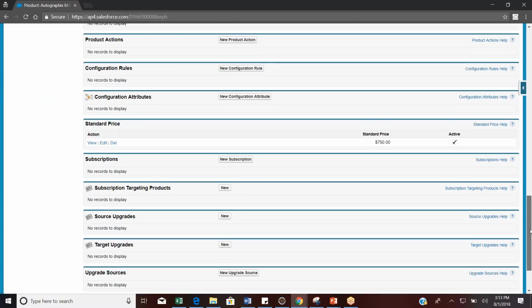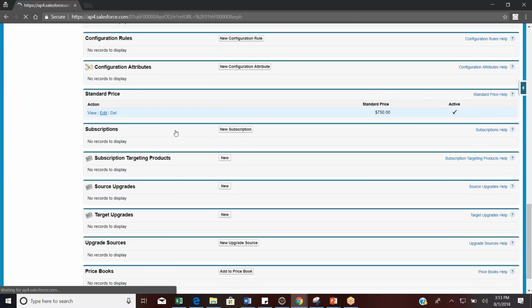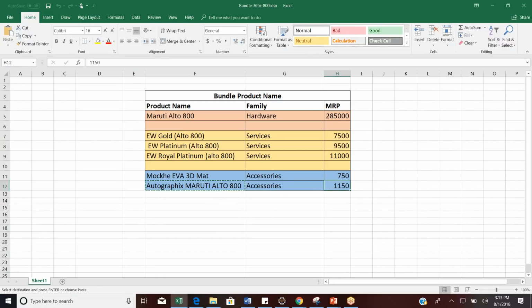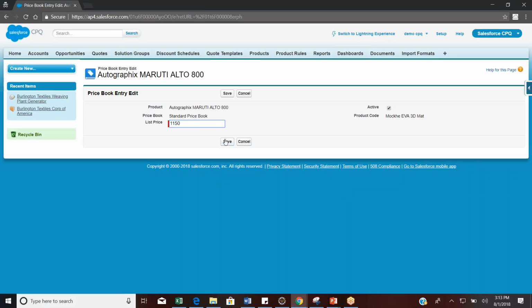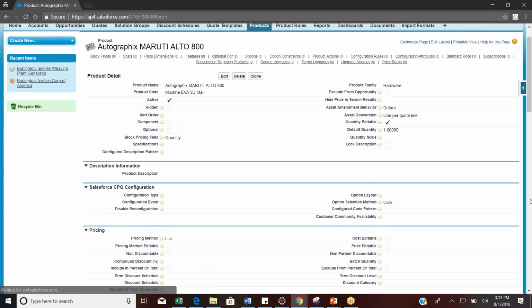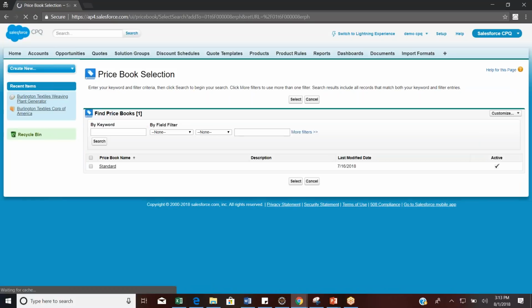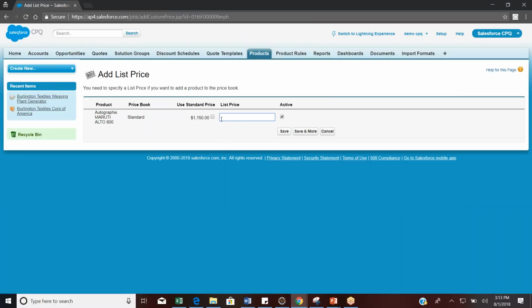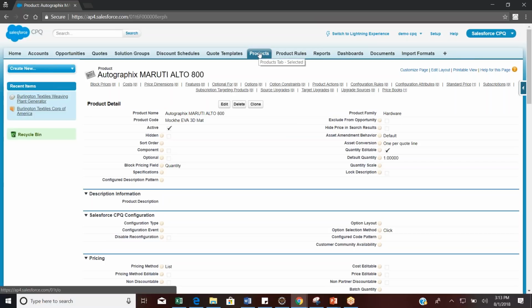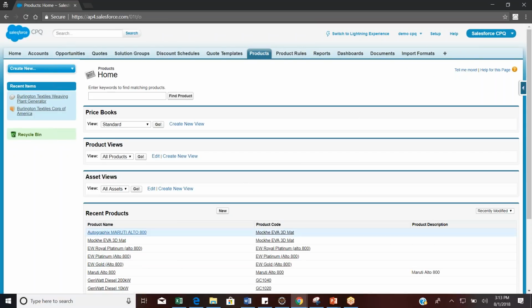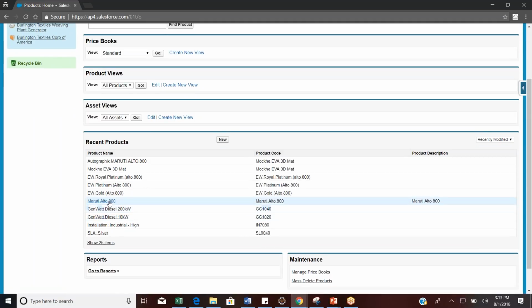This price will vary, 1150. Okay, add to the price book. Right, so now I have Maruti Alto 800 and then I have 3 warranty products and 2 accessories products here,